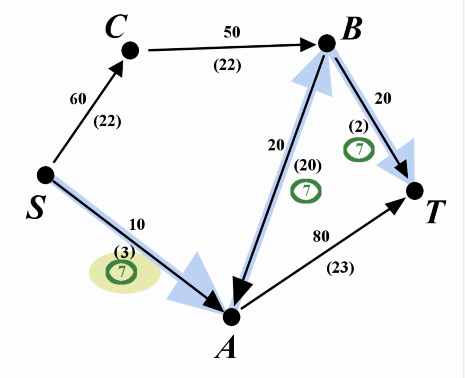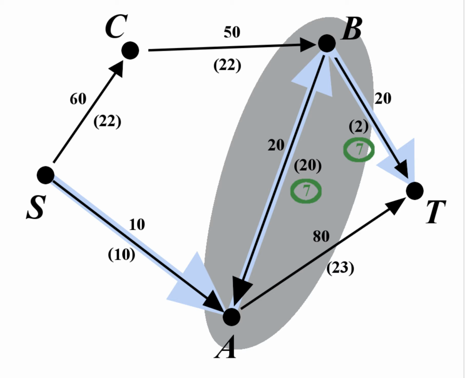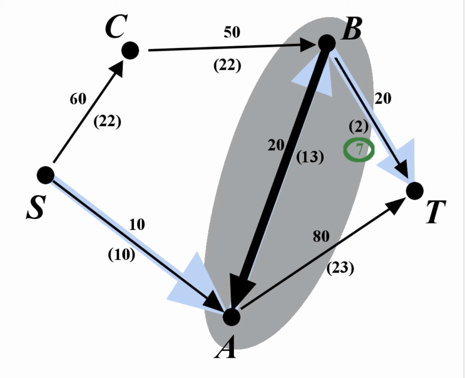So not only B to A, so first let's do S to A. So S to A is now 10, but now we do B to A. From B to A, we are now sending 7 snails, but the old number was 20, so now we are sending snails in the opposite direction, so it now becomes as if 13 snails were sent from B to A,